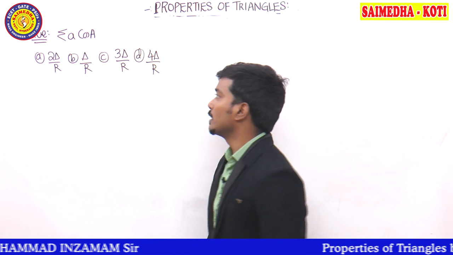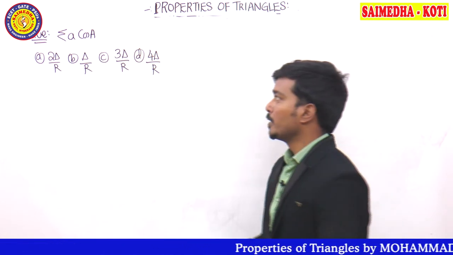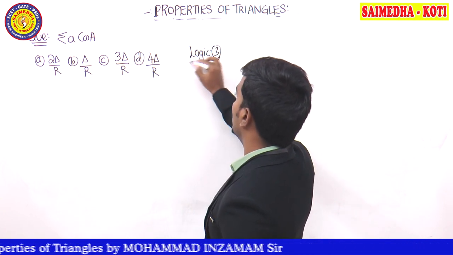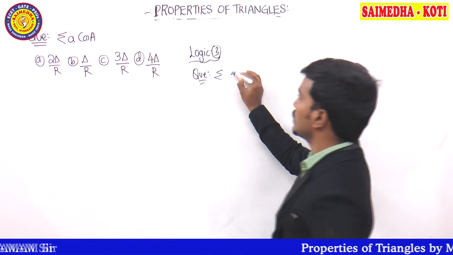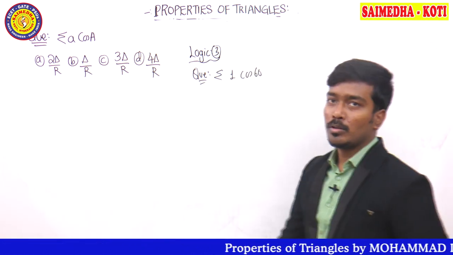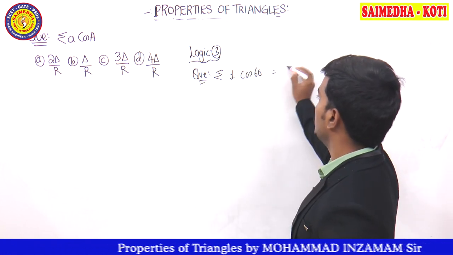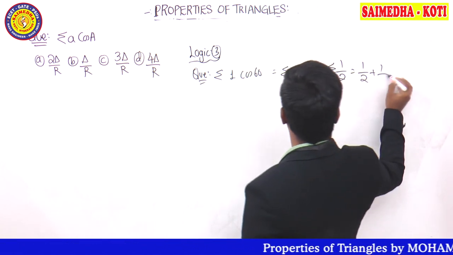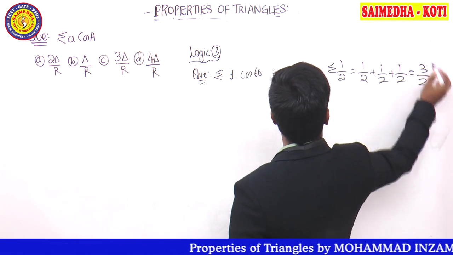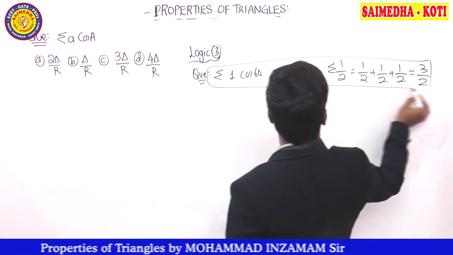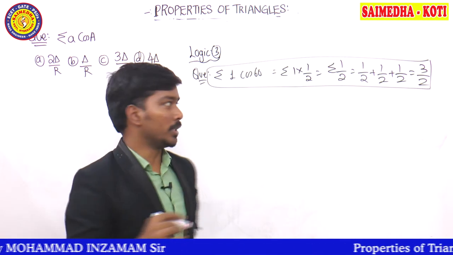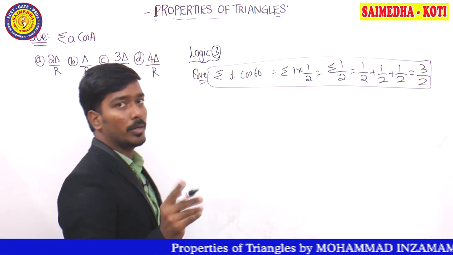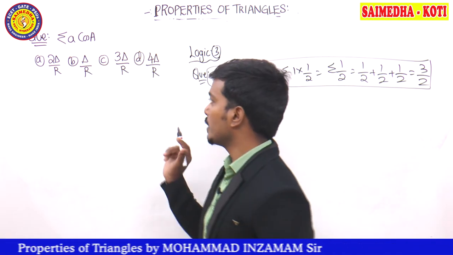Let's see one more question, guys, which is given on the board, that is sigma A cos A. Let's first of all solve it by means of logic 3 for the question and then for the options also. The question is going to become sigma 1 cos 60. Cos 60 is sin 30, sin 30 is 1 divided by 2, so it is sigma 1 by 2. Sigma 1 by 2 is 1 by 2 plus 1 by 2 plus 1 by 2, which becomes 3 divided by 2. You need not solve this on paper, guys, you can solve it in your mind itself and get the correct answer. Just for the sake of reference, so everyone can understand, I am doing it on the board, but in the examination you are going to directly put it on the examination screen.